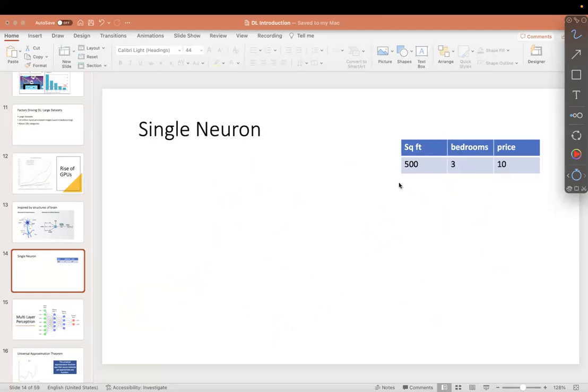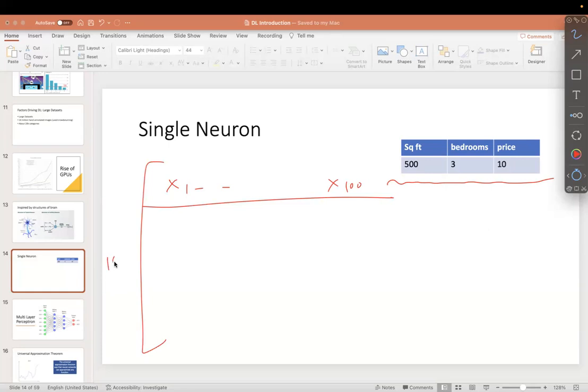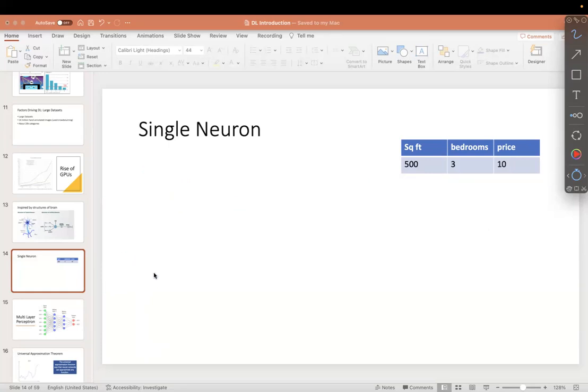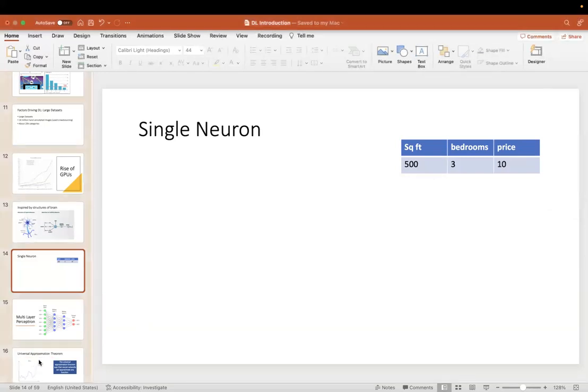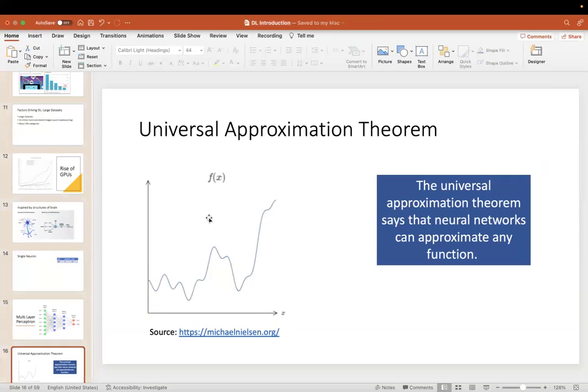But of course, in the real world, we don't have something like this, right? We have much more complex patterns. So we probably have hundreds of variables and tens of thousands of samples. And the relationship between the input and output is typically not linear. It will be very complex and non-linear, right? So there is a theorem called the universal approximation theorem, which says that